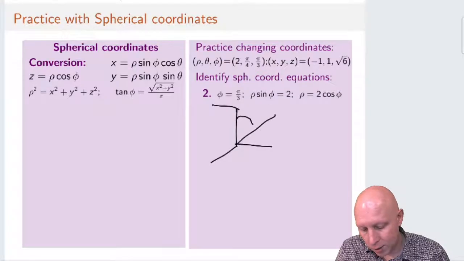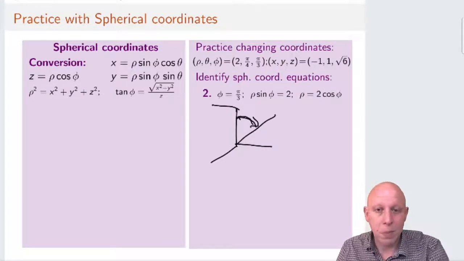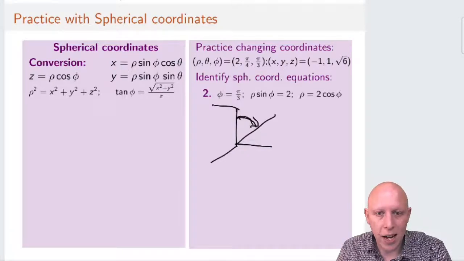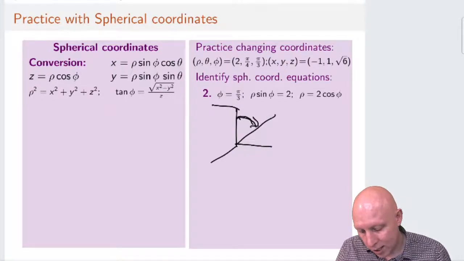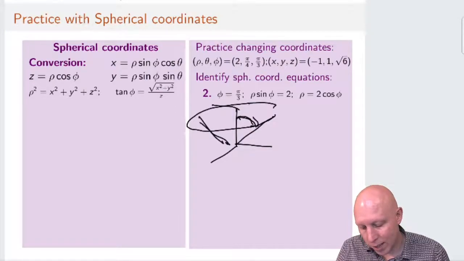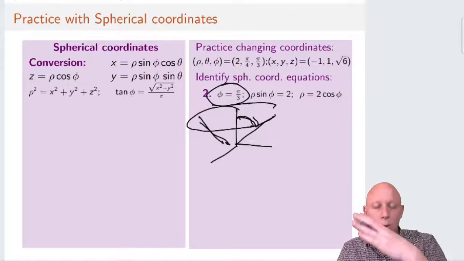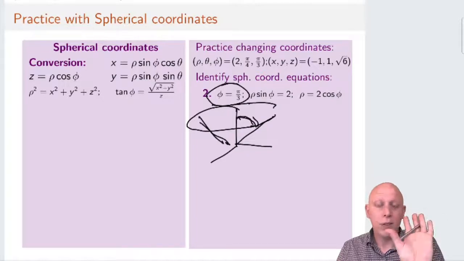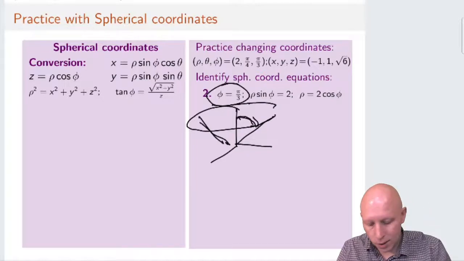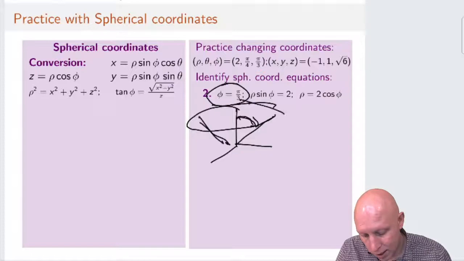That is the angle coming down from the positive z-axis. And so if that stays constant, then if we rotate it around the z-axis, what we're seeing is phi equal to a constant corresponds to a cone of a fixed angle from the z-axis. So this is a cone,